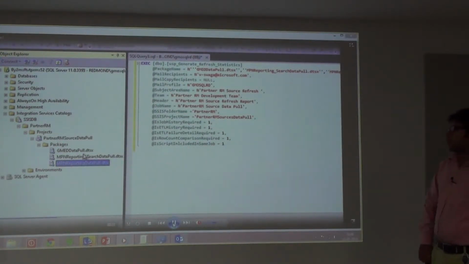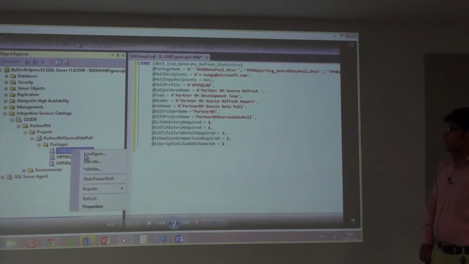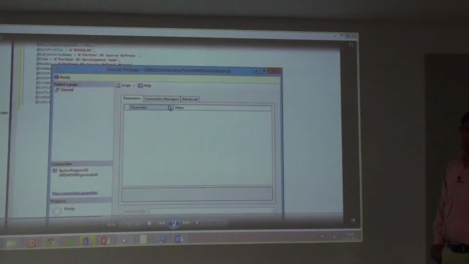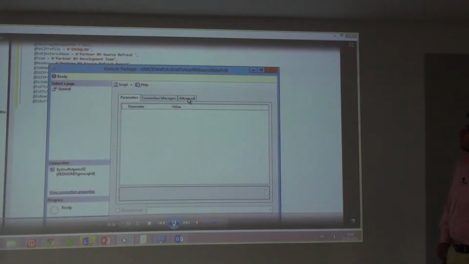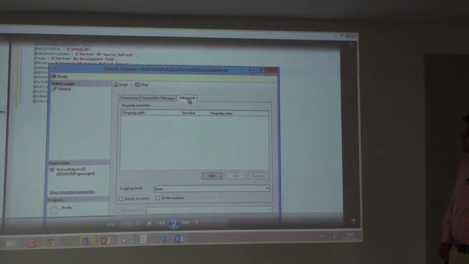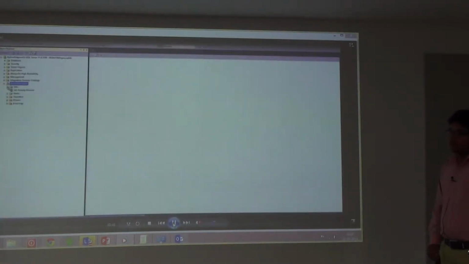I will right click on the first package and click execute. What we are doing is upgrading the logging level to verbose. I will go to advanced and change the logging level from basic to verbose. If you click OK, the package starts executing in verbose mode.